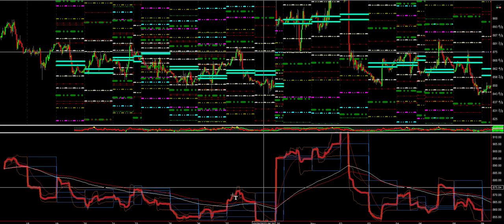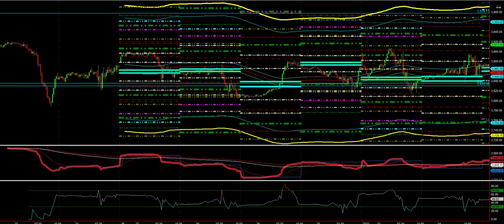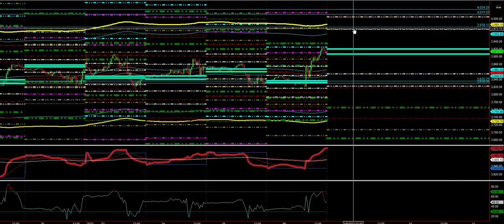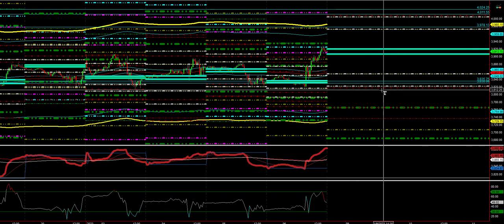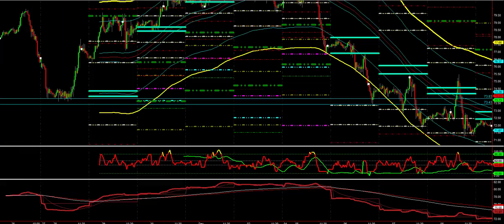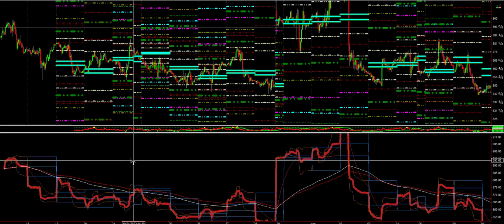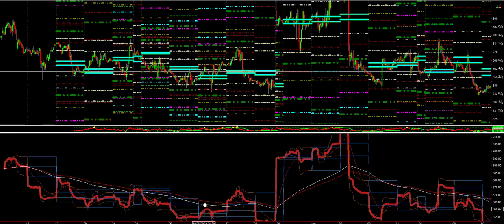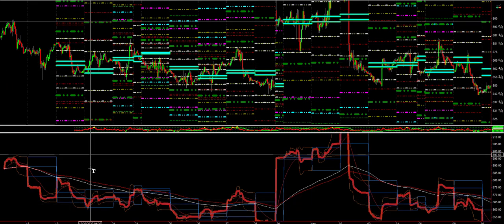When I'm printing those levels for you, I'm giving you all the lines on the top and bottom as well. See that? So one thing at a time, right? So one thing at a time. So there we go. So now we have the trend, we have the levels to trade, and if you can